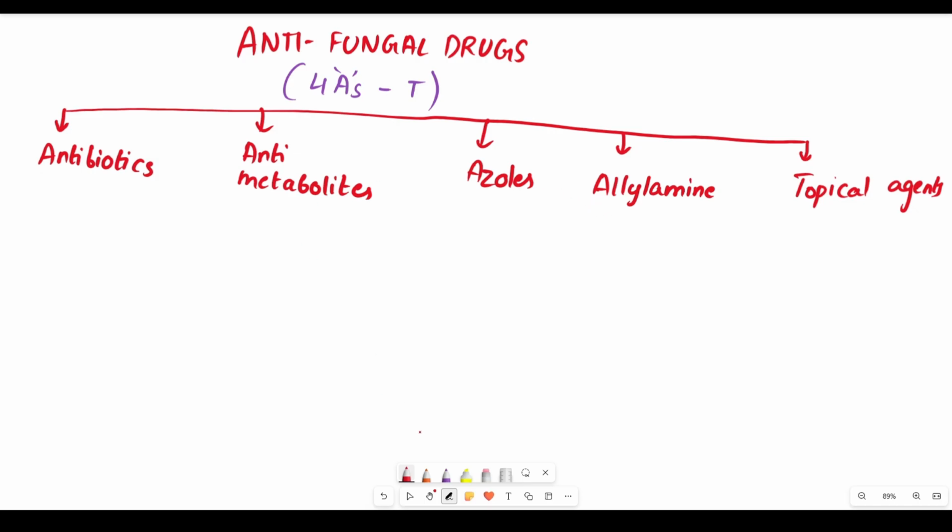Now, coming back to the first class, that is antibiotics. These antibiotics are further divided into three subclasses. To remember the subclasses, remember the trick as HEP. Antibiotics in antifungal drugs, the subclasses are HEP,